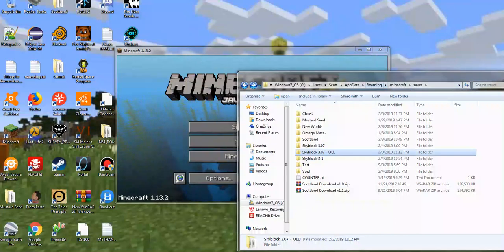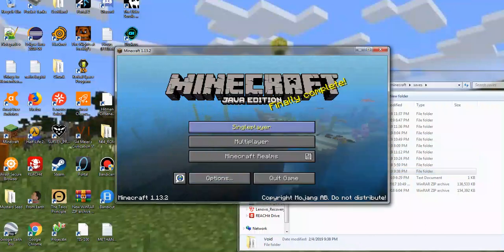Okay, so it took a while and a few different attempts, but I eventually figured out how to update the world from 1.12 to 1.13 so that we wouldn't get those land generation bugs. The way I did it is pretty complicated, so I'll try to explain it the best I can. First of all, we have something here. It's a world that I named Void, and basically what it is